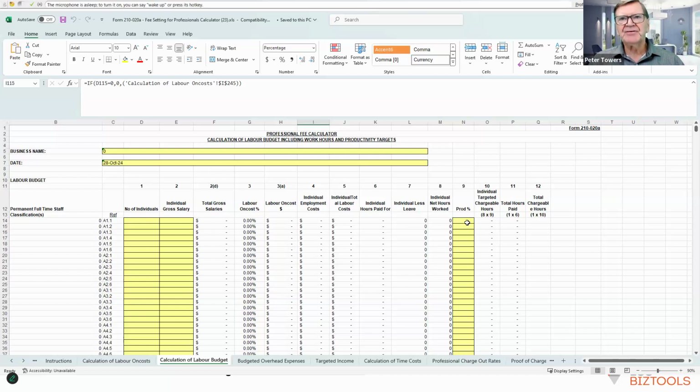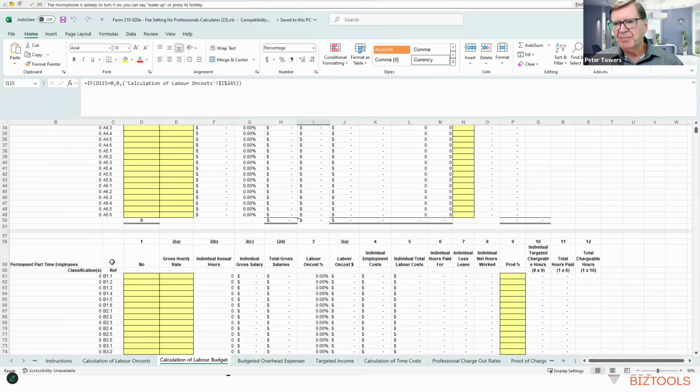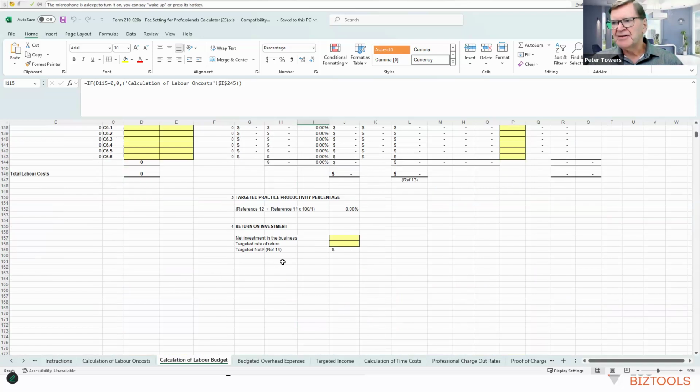Now, if you've got 2 partners and one's the admin partner, and the admin partner says, well, my productivity will only be 40% because the rest of my time, that person would be listed on a separate line back in the labour on cost, because it is variable. And that's a good way to pick it up, because the other partner might be quite happy that his target is 65% for productivity. The system will then calculate what the chargeable hours are going to be, what they are for an individual, and what's the total for that line. Everything gets transferred depending as to whether people have been called full-time employees, and each gets added automatically. The part-time employees get transferred in, the same with the casual staff, and then the system calculates the total to show the